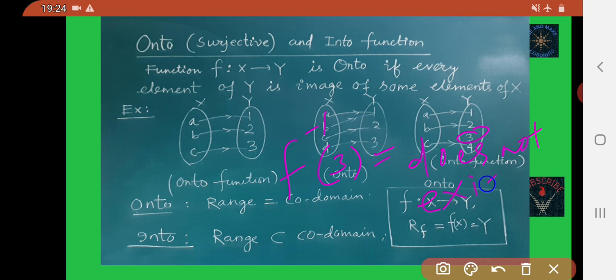That's why this is not an onto function.